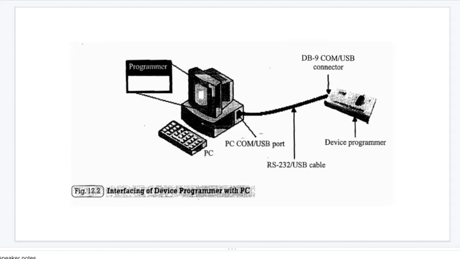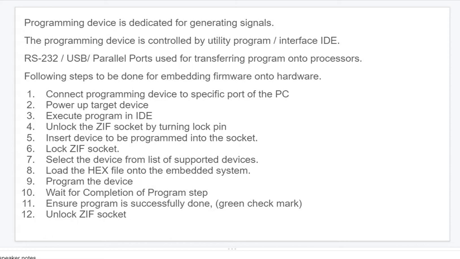So what are the 12 steps we have to follow so that out of circuit programming is achieved? These are the steps. First, connect the programming device to a specific port of the PC. It is not like the stepper motor can be connected anywhere to the PC. We should be aware of which port we have to connect to. In our lab it is simple, we connect through JTAG, but internally JTAG accesses data from a specific port of the board, so we should be aware.